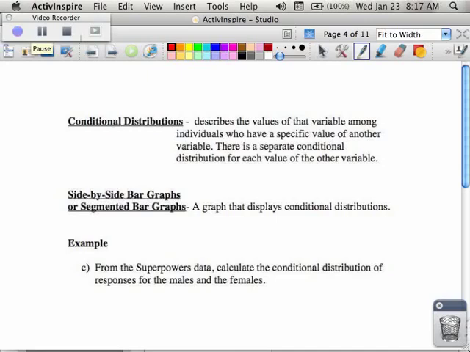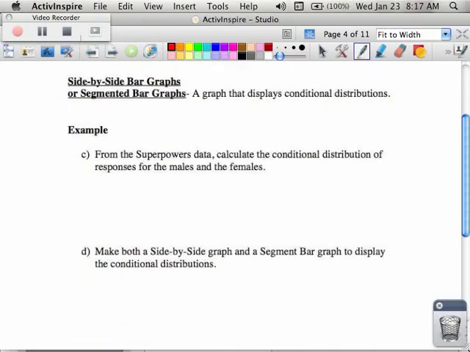Conditional distribution, which is a little bit different than marginal, describes the values of that variable among the individuals who have that specific value of another variable. There's a separate conditional distribution for each value of the other variable. So this is talking about the specific powers, for example, kind of deal. So looking at side-by-side comparison, you can do two different things. You can do a segmented side-by-side bar graph or a segmented bar graph. And so if we look at